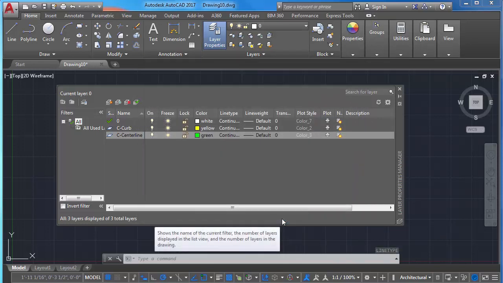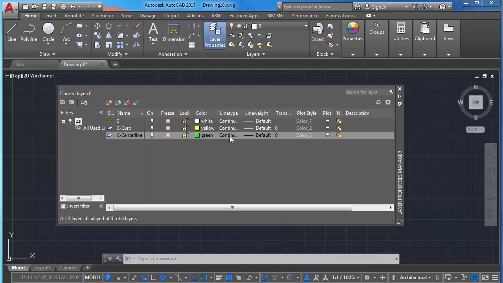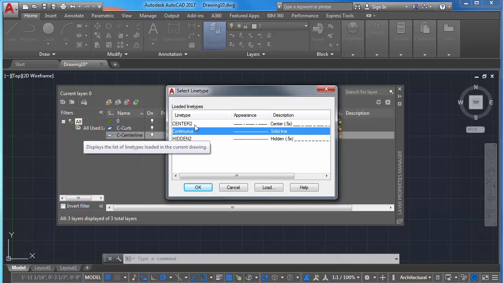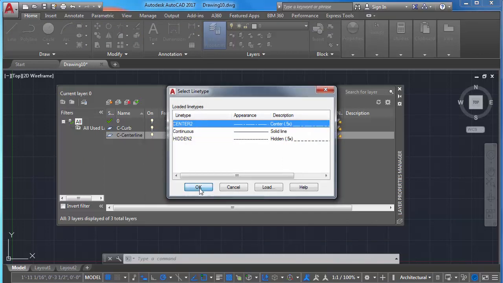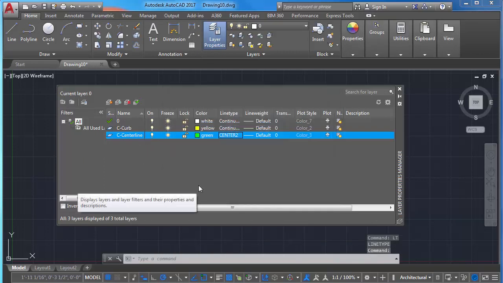To apply them to a layer, in your Layer Properties Manager, click under Line Type, and change the green center line to Center 2. Now, anything that is drawn on that layer will have the long dash, short dash, center